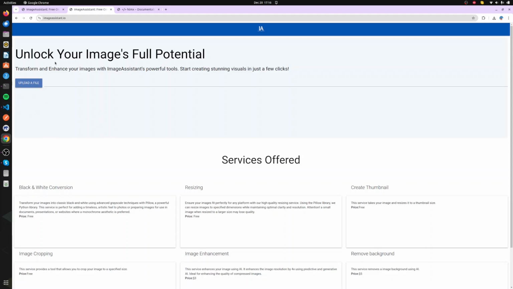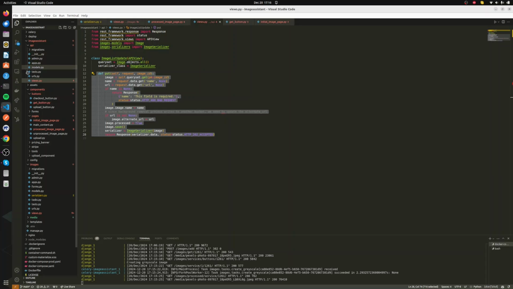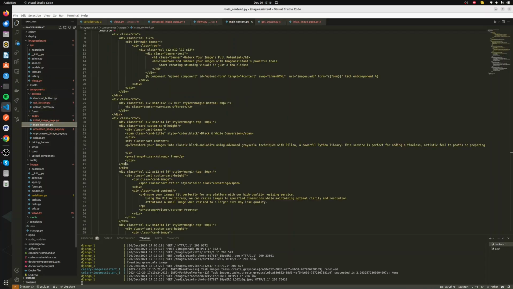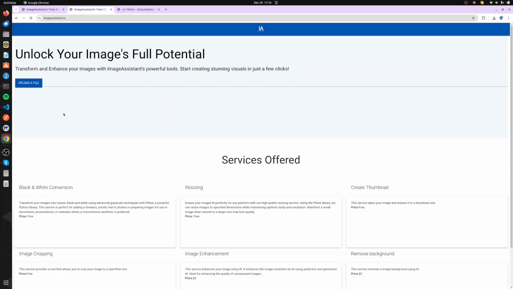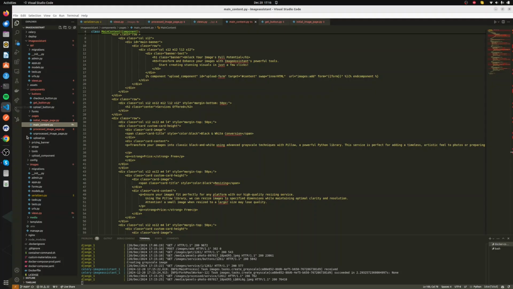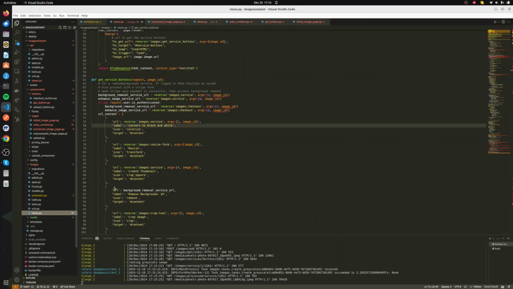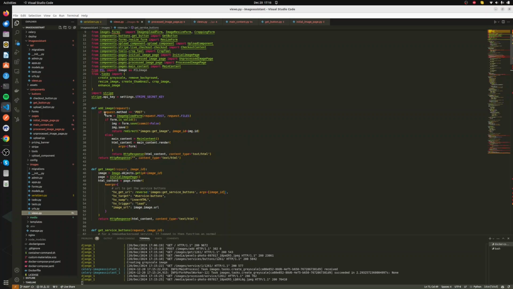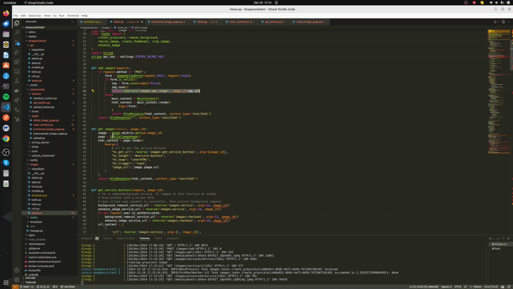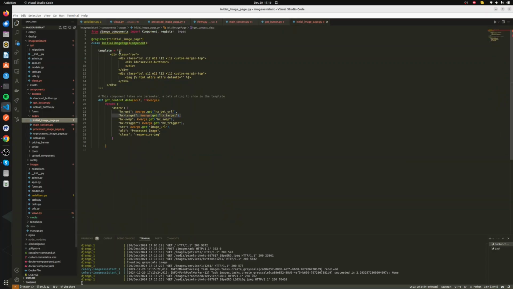Again, even with the upload file, all of this stuff you see here is a component called the main component. So this main content is what you're seeing here. When a successful image is uploaded, all of this content is getting swapped by the image content itself. So if I go to add an image, when an image is successfully uploaded, you go to get images. Get images returns what I call an initial image page. So the initial image page meaning you've got your uploaded image with your service buttons, and that's what you see here. And this initial image page has